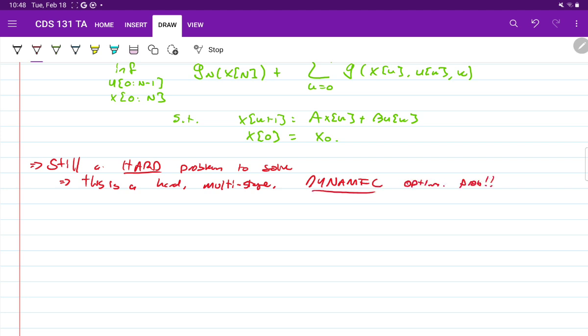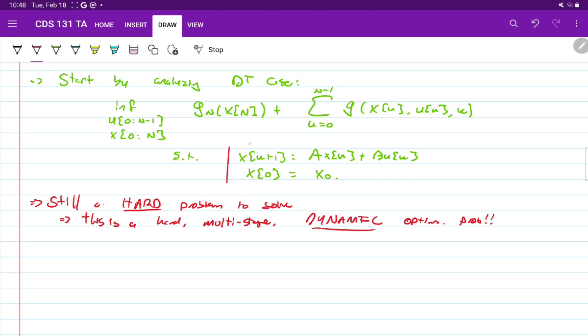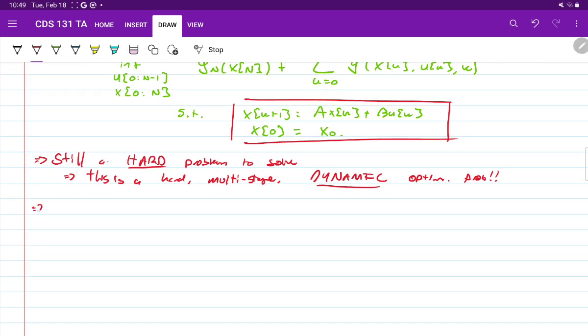Okay, so we actually have our dynamics, x_{k+1} = A x_k + B u_k, embedded directly in this optimization problem, right? That's one of the things that's making this really challenging to solve. We're doing this optimization over this entire input sequence, which could be really big. This horizon could be super long, subject to these somewhat complicated dynamic constraints, okay? So what our goal is